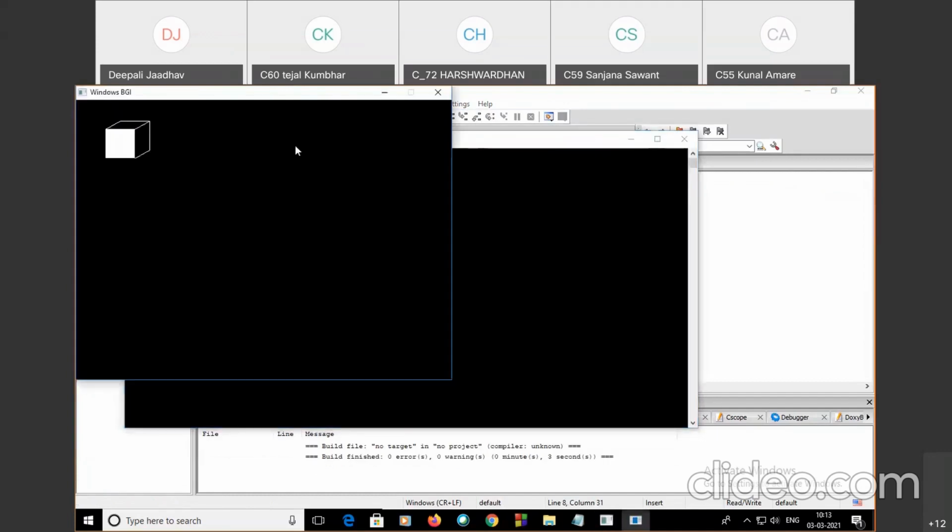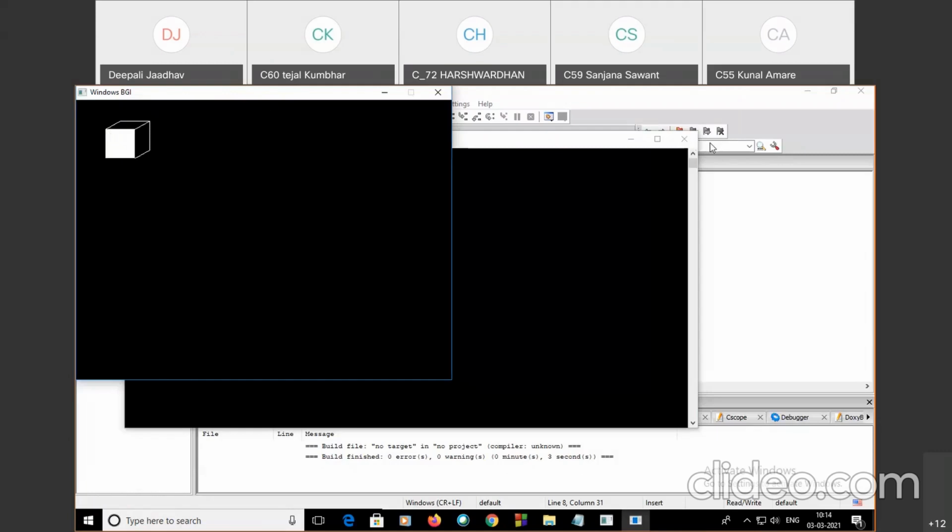Okay, so this bar is generated here with values left 50, then top 50, then right 100. So this right side is at 100 and bottom 100. Depth 25. This depth of the bar is 25 and the top flag is equal to 1.